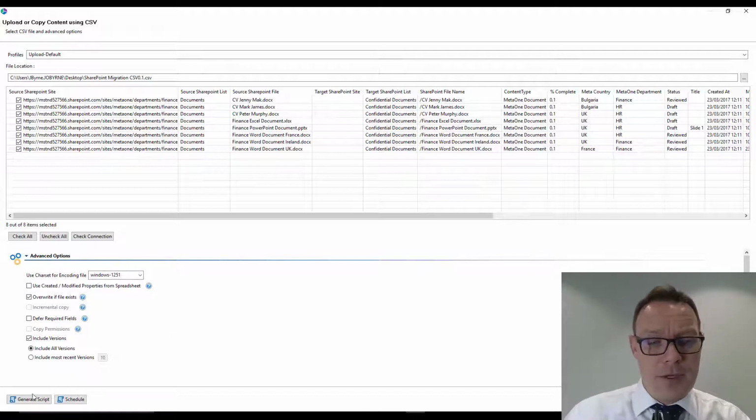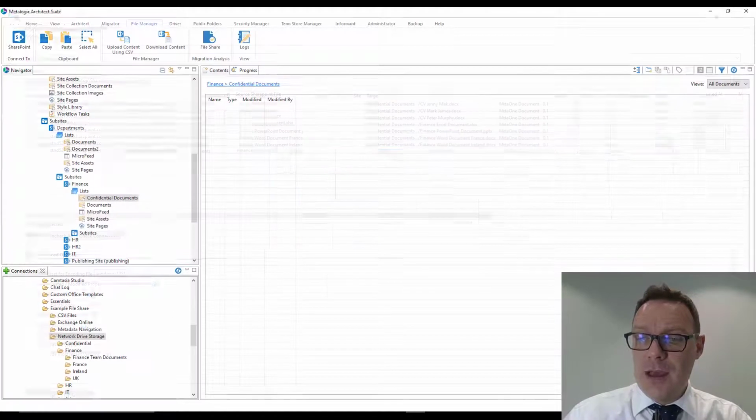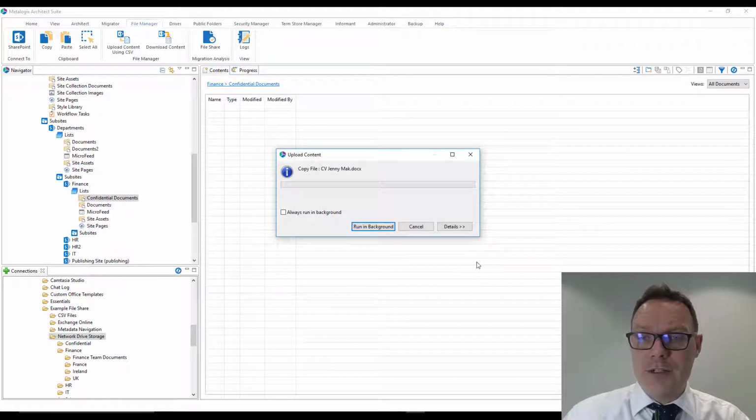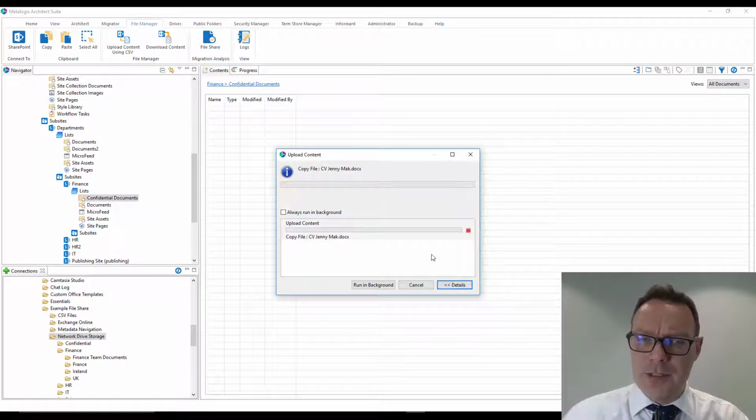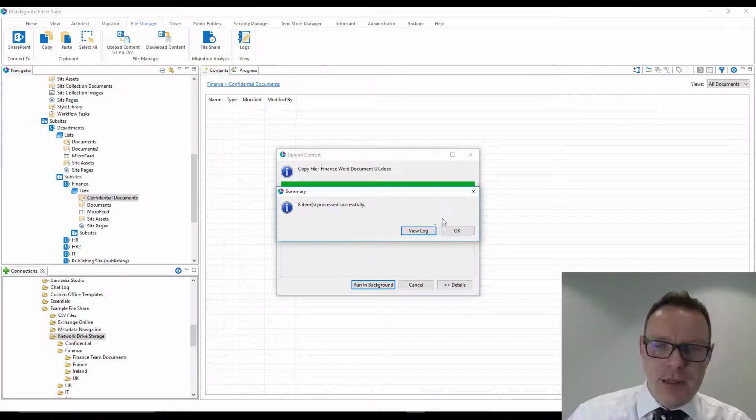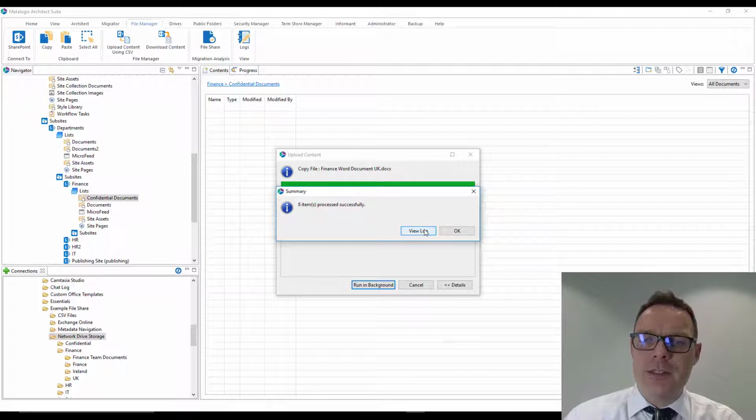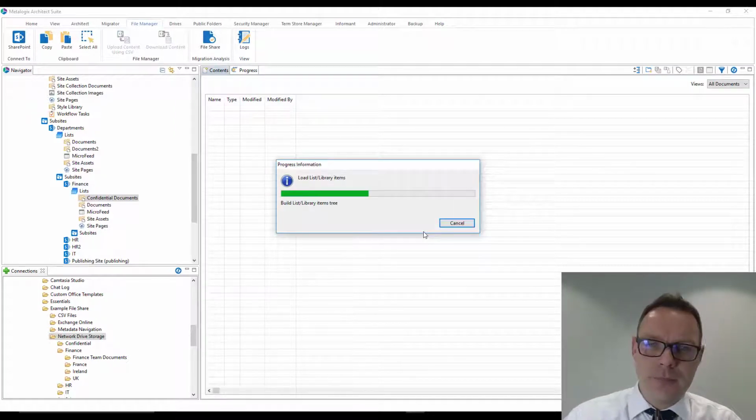So happy with all of those. We can script or schedule, just hit finish, and that will kick off the migration straight away. Again, I'll just hit details so we can monitor and view each item as it comes across. Okay, so that's now complete. It's showing 8 items processed successfully. If I click on view log,